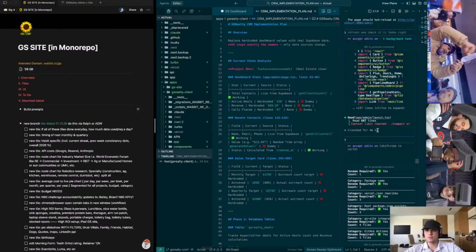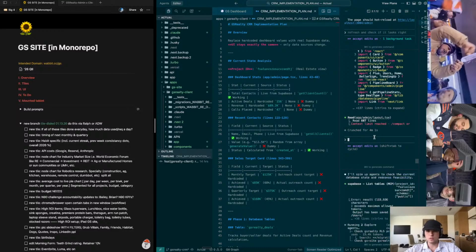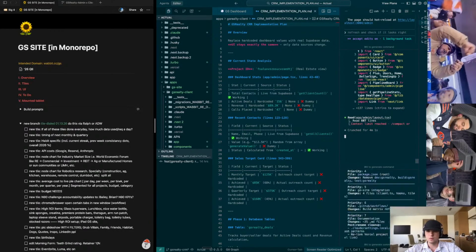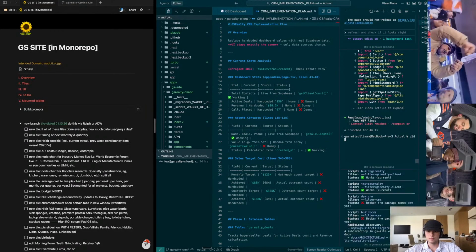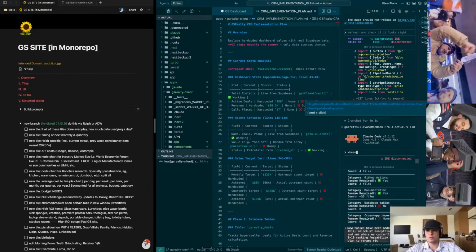So this stinks, we hit a compact. So we'll go. Never do dash compact. It just makes it so much stupider. I'd rather just launch a new instance here. I didn't know our terminal, our context window was that low, or else I wouldn't have said, hey, let's go ahead with it. So we'll go